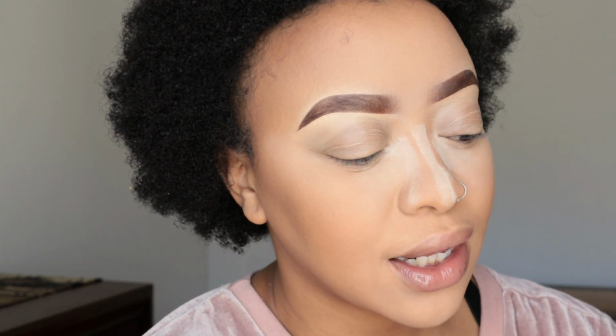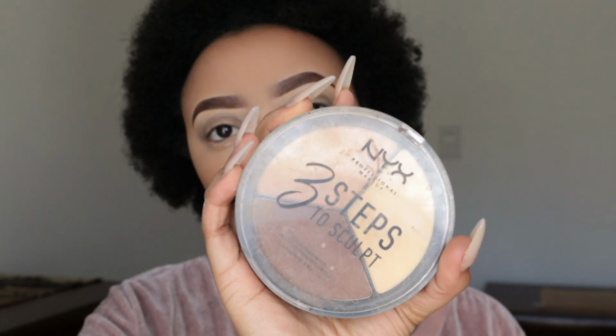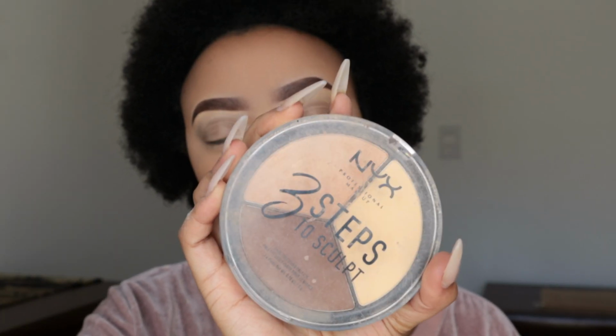So now I'm gonna set my cream contour, and I'm gonna use this face palette from NYX Cosmetics. I know NYX is not in South Africa anymore. I'm not sure if it's closed down totally, but I know it's not in South Africa anymore. So I'm not sure where you can get this, but this is how the palette looks, and I'm obviously gonna use this